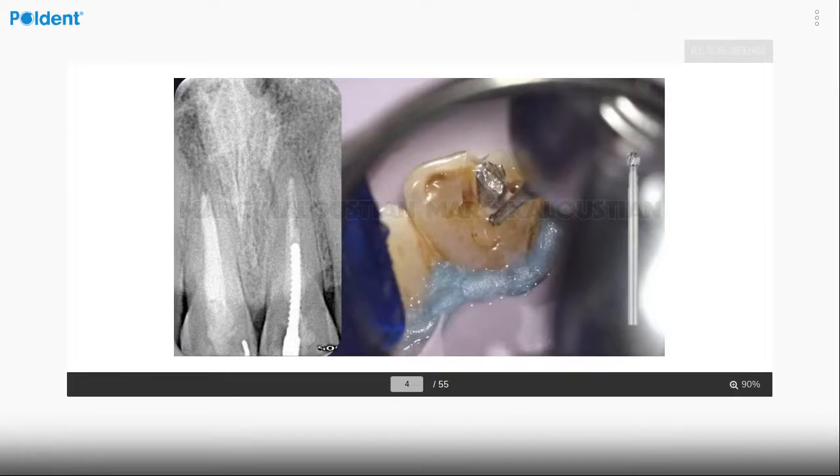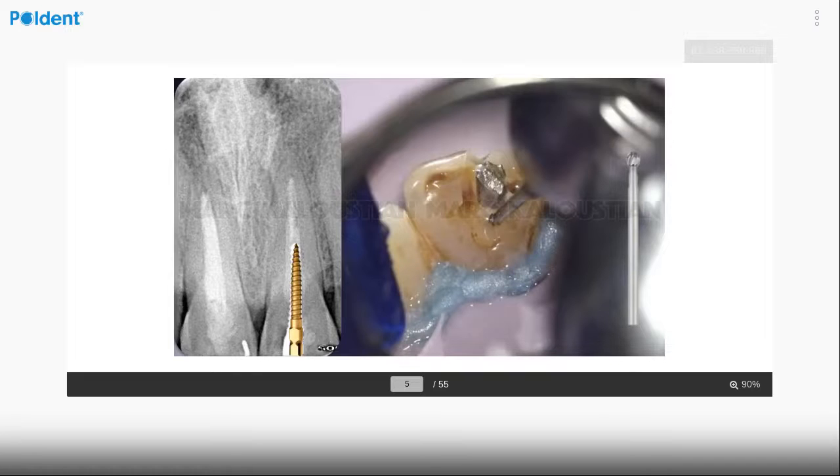Okay, here, for example, we have a case of a screw post. This is what we call a screw post. It is usually yellow, but of course it's not gold. And there are many techniques to remove it. We can use some removal kits, like the Ruddle kit, or we can simply use ultrasonic tips. But before using the ultrasonic tip, it is important to remove any restoration, like the composite restoration here, for example,